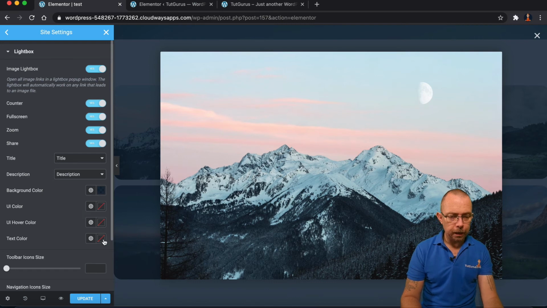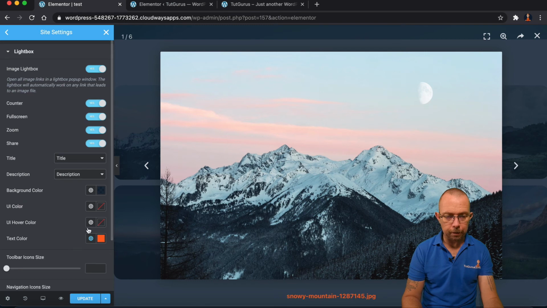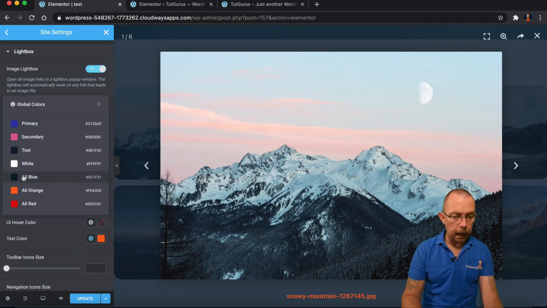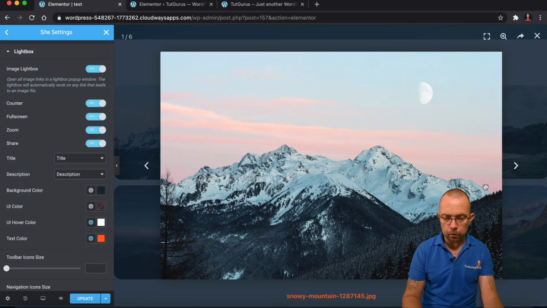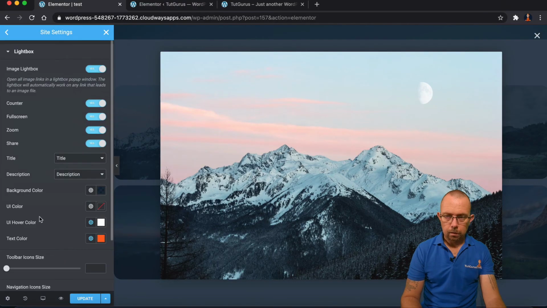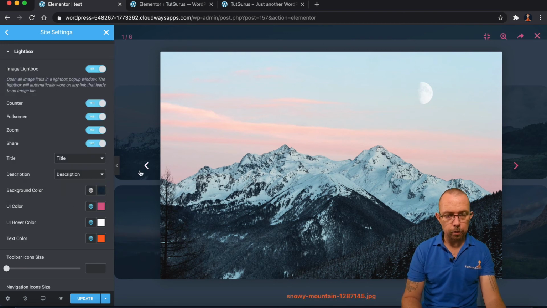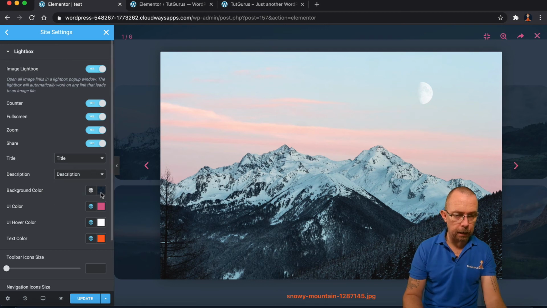You've got different options here where you can make the text a certain color. I can make it my orange down here. I can set a color so that when they hover, things go white. Oops, let me come out of that. I can also set the UI color, so let me add a global color. Okay, so you'll notice that here it goes pink. When I hover over it, it goes white. So that's the white from the hover. The color is pink. Again, these can be any colors. And this is the background that I created a minute ago.